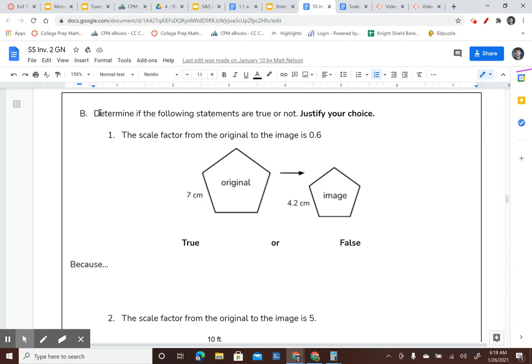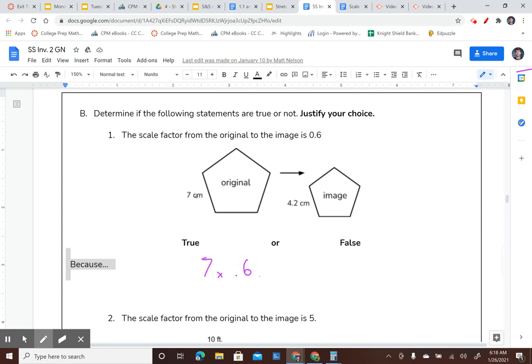So now here you're going to determine for part B if the following statements are true or not. The scale factor from the original to the image is 0.6. So think about how you would test that out. All right. I would go ahead and I'd multiply 7 times 0.6. And let's see if that gives me